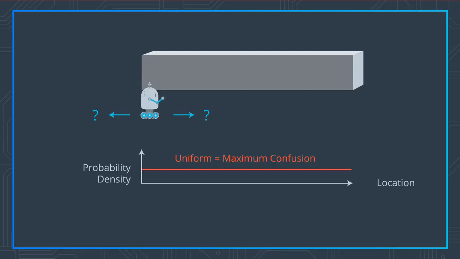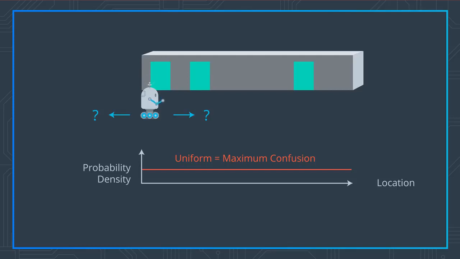Now, to localize, the world has to have some distinctive features. So let's assume there's 3 different landmarks in the world. There's a door over here, there's a door over here, and a third one way back here. And for the sake of the argument, let's assume they all look alike, so they're not distinguishable, but you can distinguish the door from the non-door area, from the wall.